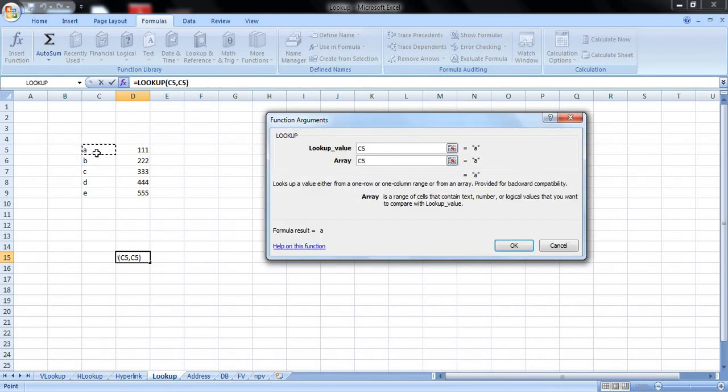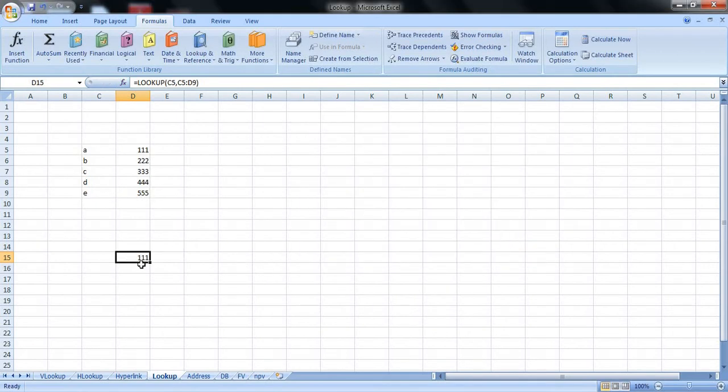Let us see what the result will be. The result we have with this is 111. Now remember, the lookup value we had chosen was A, and the result we have is 111, which means the connected value with A will be given, which is 111. The connected value with the reference point, which was A, will be given, and the connected value is 111. This is with the second option in that list.